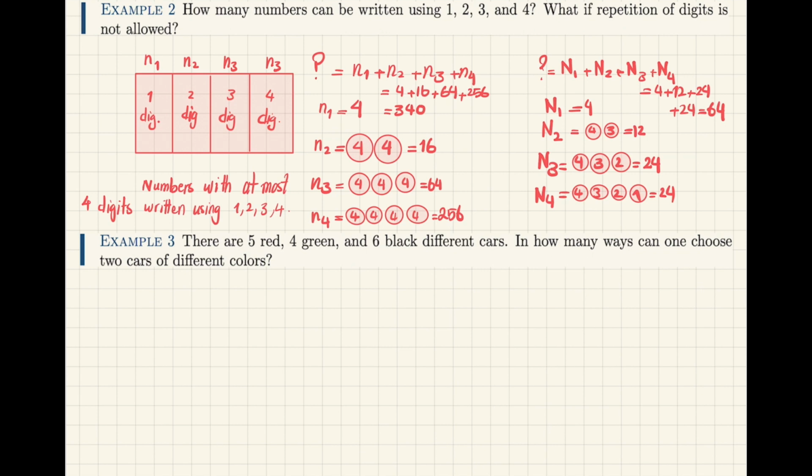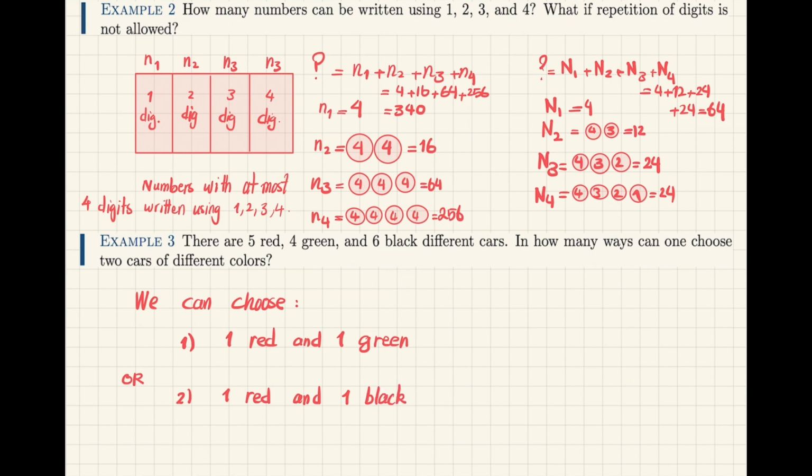One possibility is to choose a red and a green card. So one option when you say different colors is that I can choose 1 red and 1 green, or 1 red and 1 black,